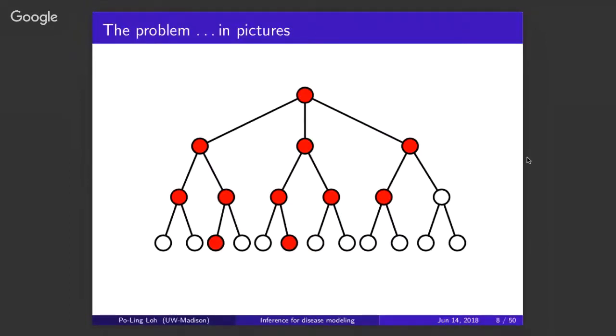So the way that we've drawn this picture, it's arranged into a nice tree so that the first node to be infected was at the top. But in practice, you just have a bunch of individuals who are connected in some way, and you observe it at some snapshot of time. And it's not exactly clear what the original node would be. All right, so sort of to reiterate, what we're given is a single snapshot of a bunch of individuals who are all infected. What we know is that the disease propagated according to contagion over some tree or some graph that we observe. And we want to infer where the first node to be infected was.